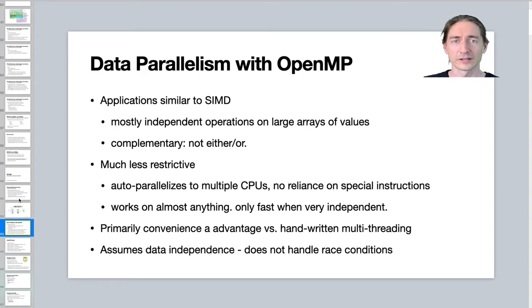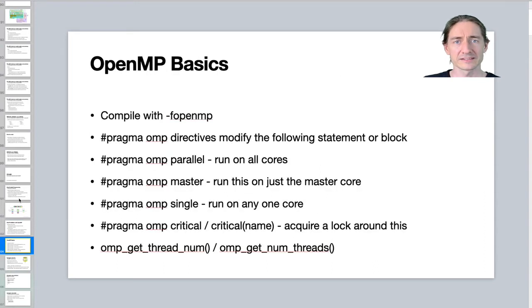On the other hand, you then get very little control over it too. Right, so the basics of OpenMP, how do we actually use it? Pretty straightforward, and we'll go through some examples next lecture. First, important to compile with -fopenmp. That's what enables everything. For some things like these functions, you need to include omp.h, but for the pragmas, those